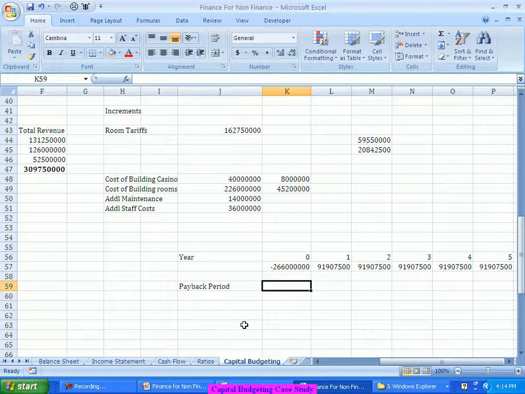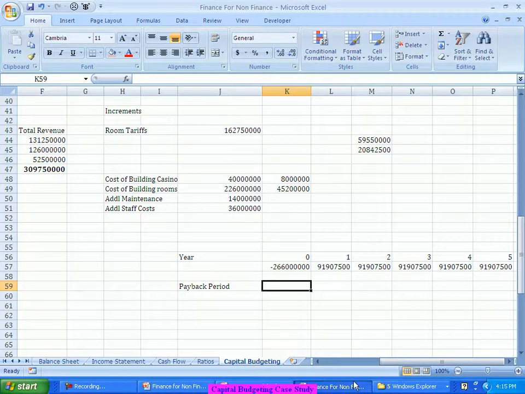Everything may increase. Your room tariff may increase. The cost also may increase. For the time being, I am assuming let that be constant. See, if you are making an assumption for an increase in the room tariff, you have to increase the annual maintenance expense. You have to increase the employee cost. All will go up. So, just for evaluating at this moment, let's assume that they are fixed for 5 years. Now, the payback period mechanism says in how many years you are getting your money back.